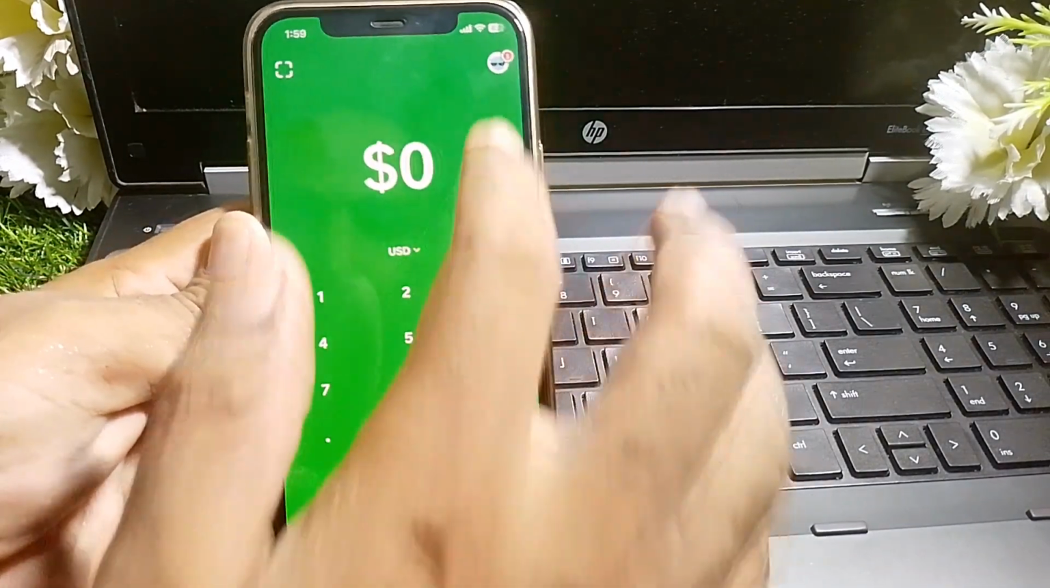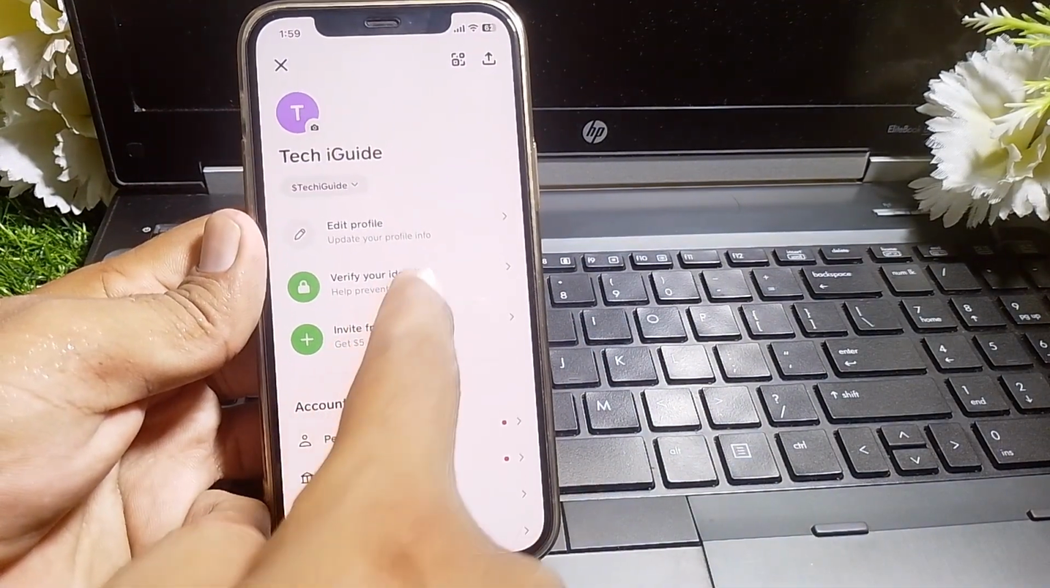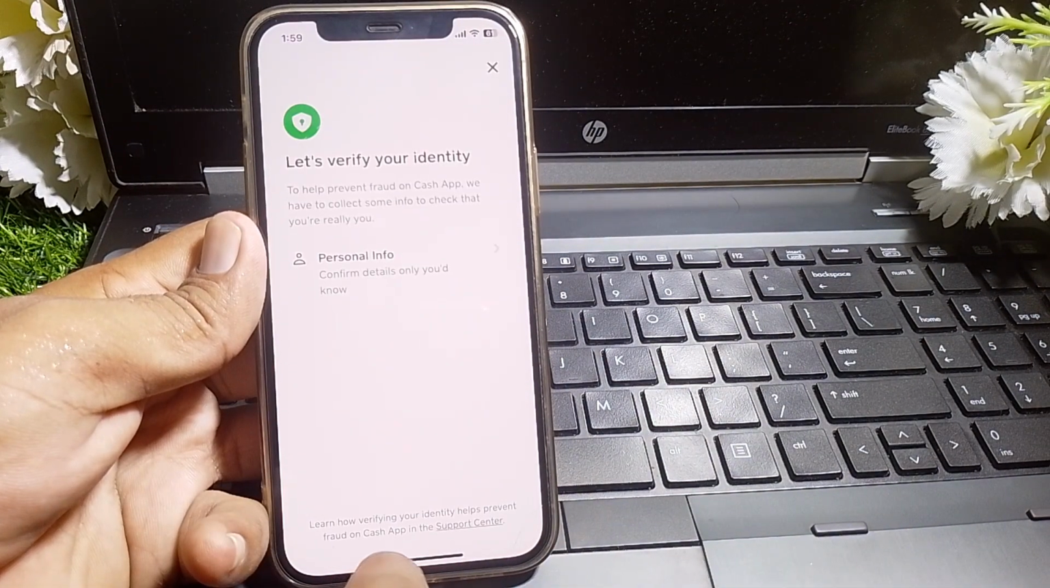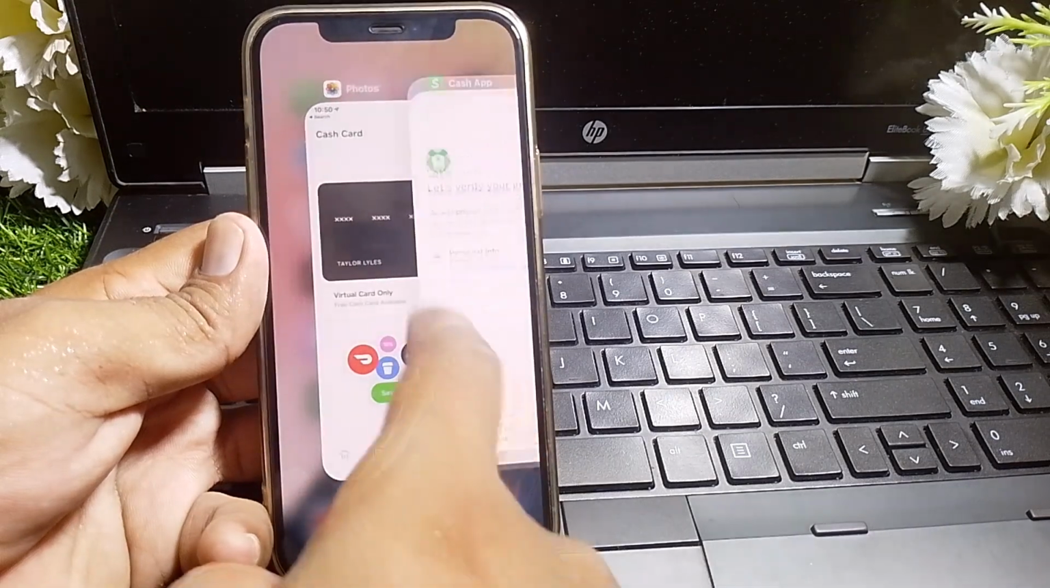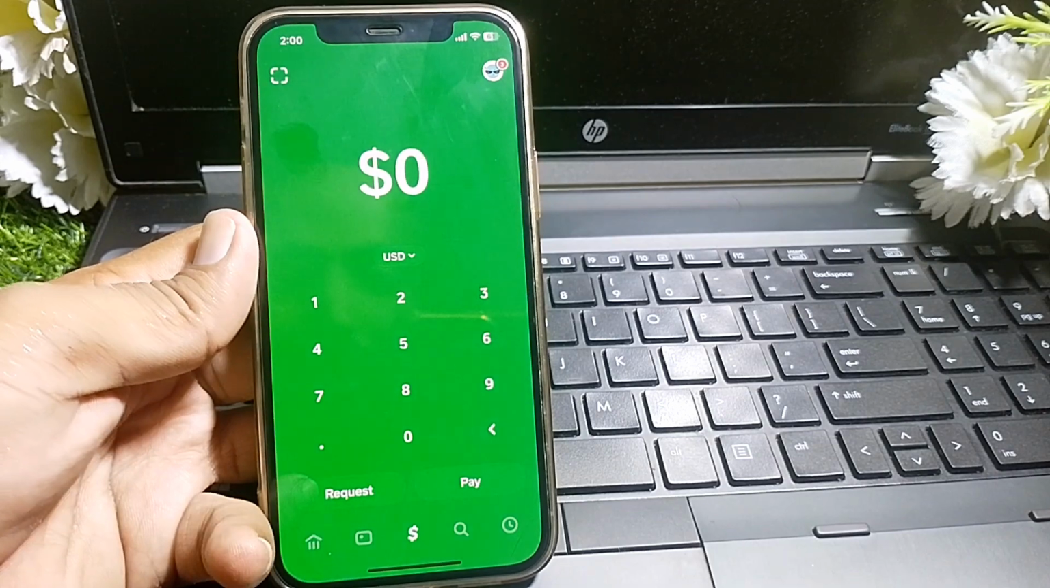So first of all guys, what you have to do is simply tap on your profile first. Now from here guys, you can easily find verify your identity. First of all guys, you have to verify your identity. Now after verifying the identity guys, what you have to do is simply launch the Cash App again,